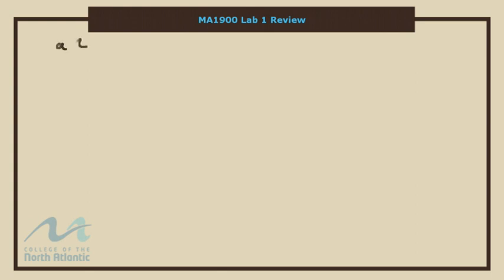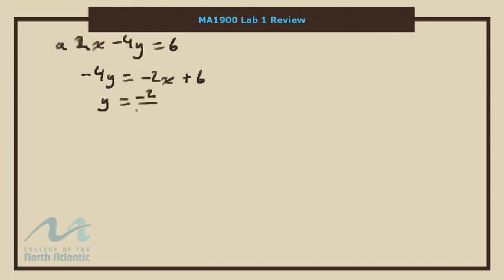16A is 2x minus 4y is equal to 6. Now, like I've been doing before, I'm almost always going to end up solving for y because it's just the standard normal equation form. So that leaves me with minus 4y equals minus 2x plus 6. Y is equal to minus 2 over minus 4 plus 6 over minus 4,